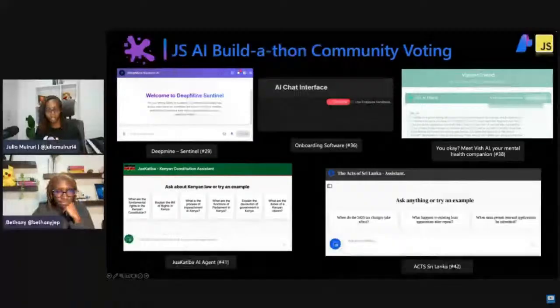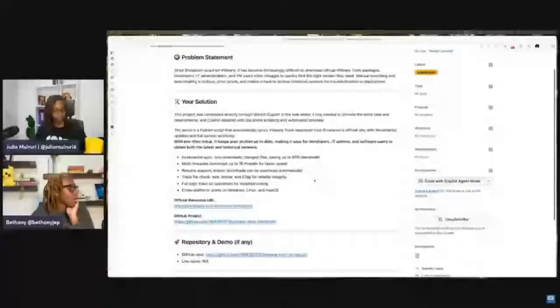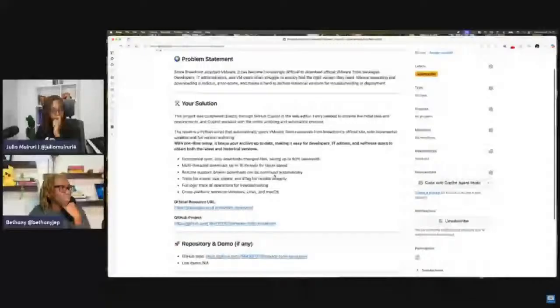So there's a couple of projects, but I'll highlight a couple of them. One of the projects is a VMware Tools protocol. It tries to extend with MDP. And what I liked about this project is it was completed directly through the GitHub Copilot Web Editor. The only thing they had to do was go to GitHub Copilot and ask how can I automate the entire process, how can I go in there and build an application.